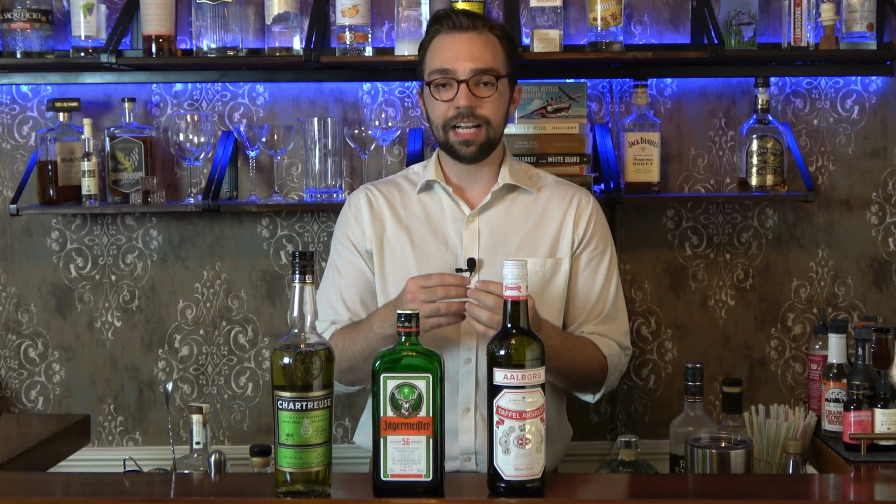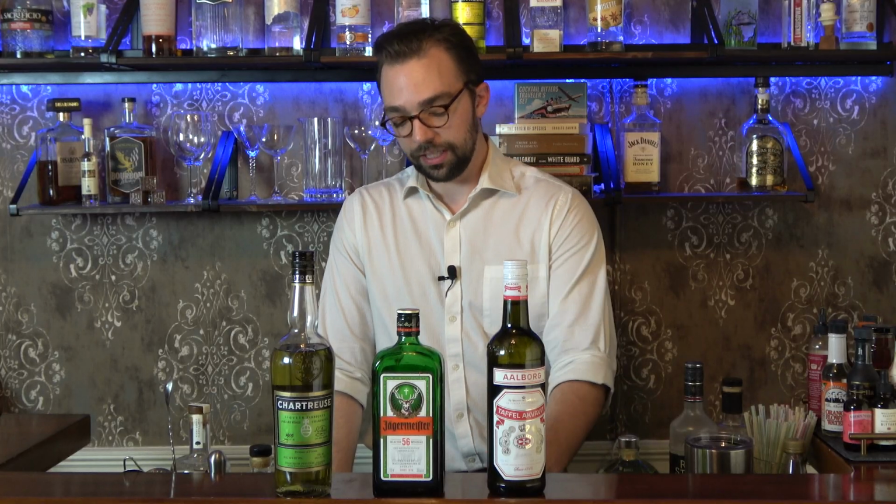Also, flavor-wise, up front, there is a lot of flavor. It's not hitting all of your taste buds all at once. It's coming in waves. A little bit more of a bitter aftertaste than you would get with the chartreuse. It hits kind of the sides of the tongue and towards the back of the tongue, right? As it hits the bitter receptors, it's kind of awakening those to some of the more bitter notes in the Jägermeister. And even not as a cold shot, not even served chilled, I think this is a delightful little liquor